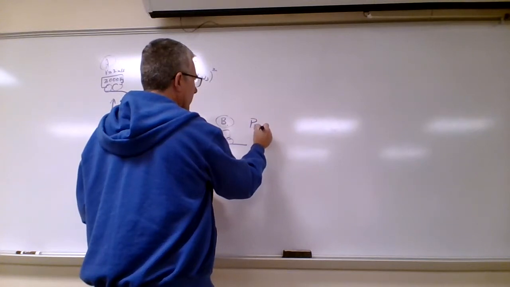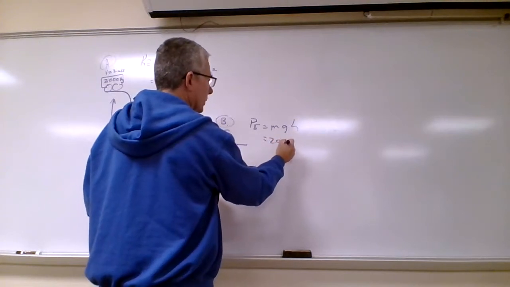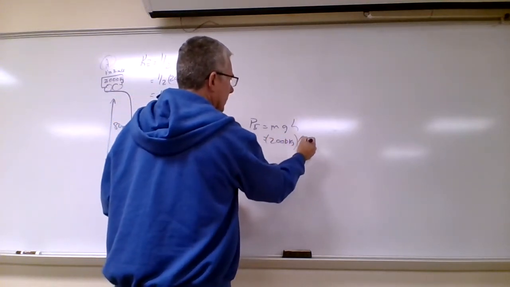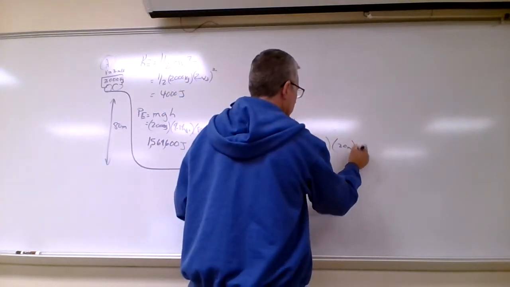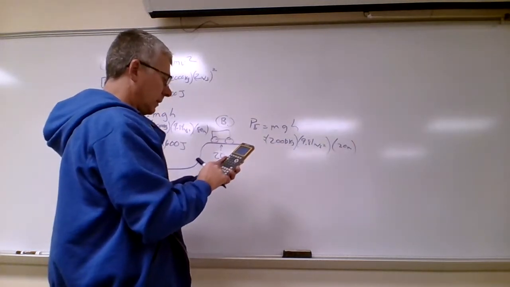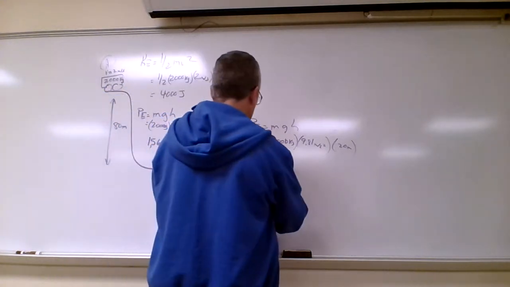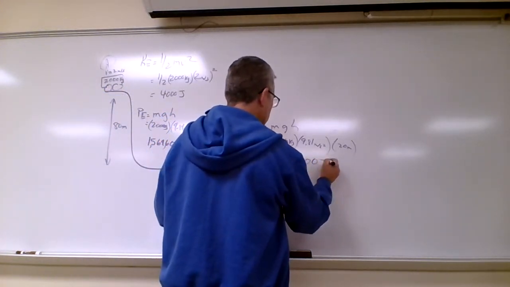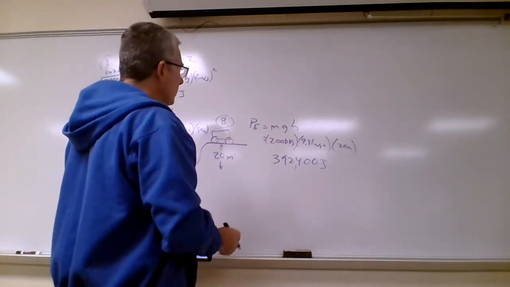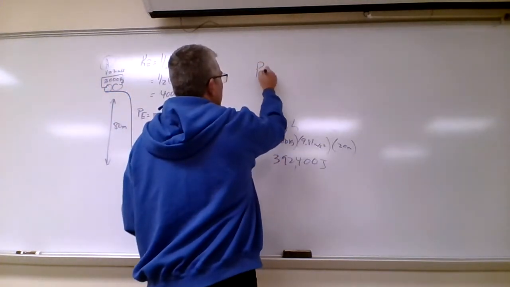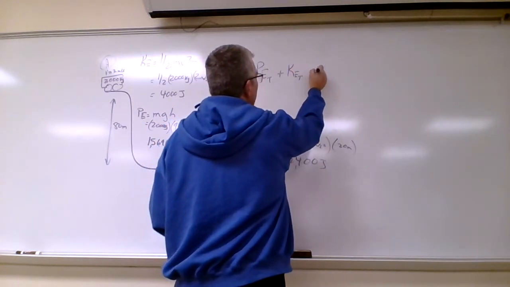So potential energy, mgh. So we have 2,000 times 9.81 times 20 meters. 2,000 times 9.81 times 20 meters is 392,400 joules. So 392,000 joules here. Okay. So now we have potential energy at the top plus kinetic energy at the top equal